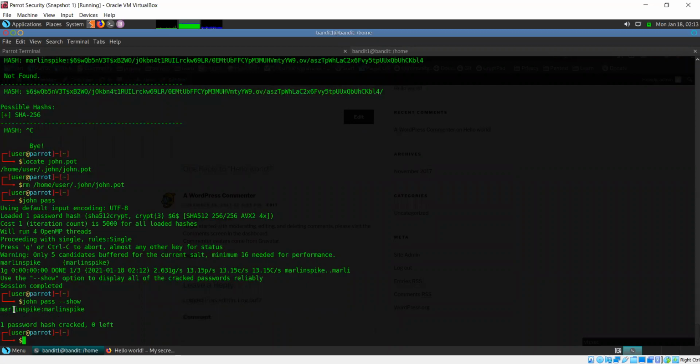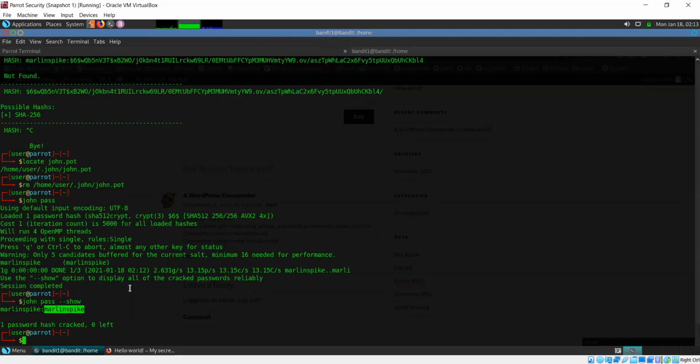So Marlin Spike, this is the user password combination. The username and the password are the same in this case. That's why it was able to crack it so quickly. Otherwise, since I have not specified anything else here, it would have started a brute force attack, which would have taken a long time. I could have specified a word list here, but I wanted to try this before I specify a word list and go to a dictionary attack, but we did not require that eventually.